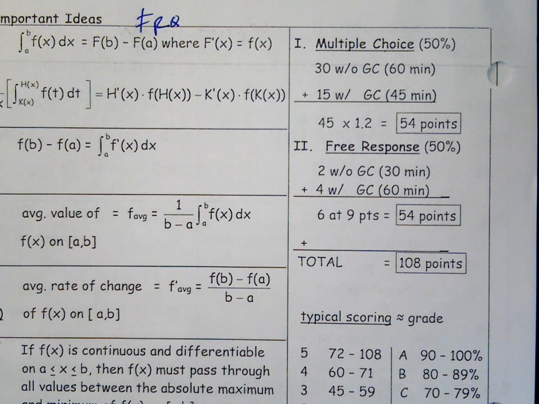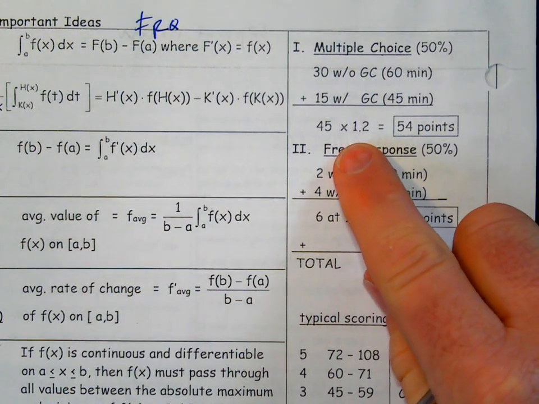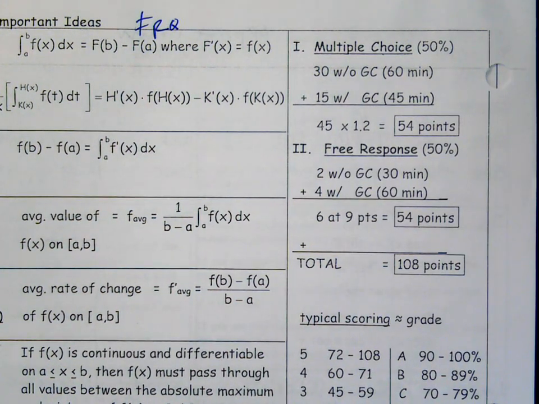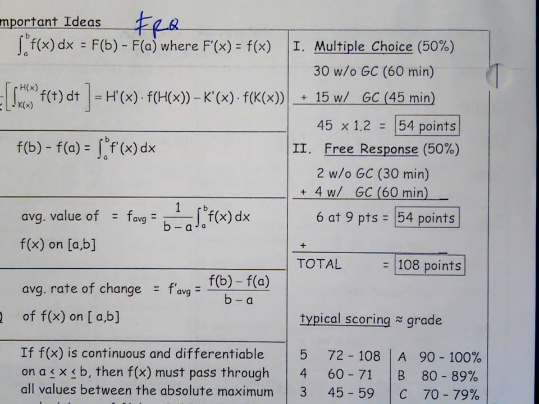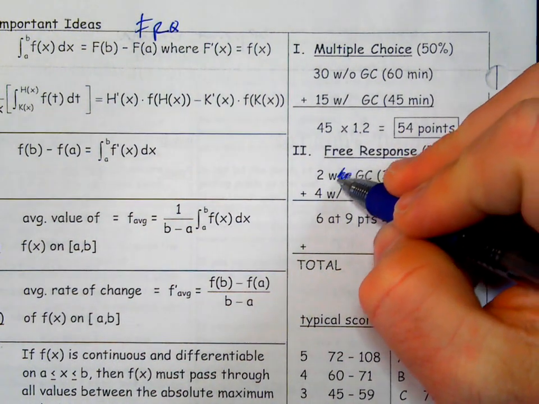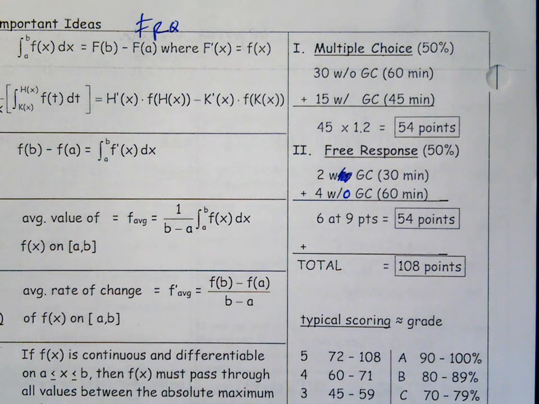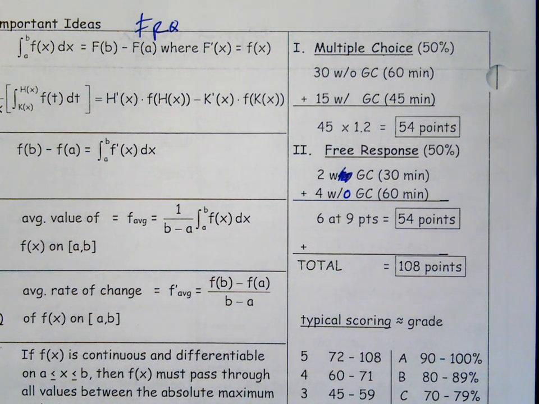There's 45 questions. It needs to make up half of your raw score. And since free response is 54 points, they make this 54 points by multiplying by the factor of 1.2, which makes it out of 54. Free response, you get 6 of them, and you get 2 with a graphing calculator. So this is a mistake right here, with a graphing calculator, and 4 without. You do the first 2 first with your graphing calculator,